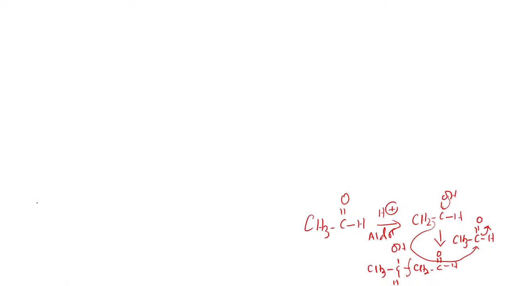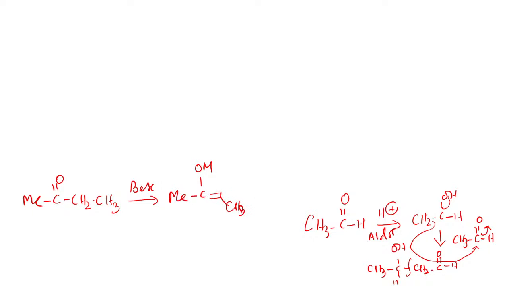For example, if you have methyl ethyl ketone, when you react with base, you'll be able to form enolate. This enolate can be E-enolate or